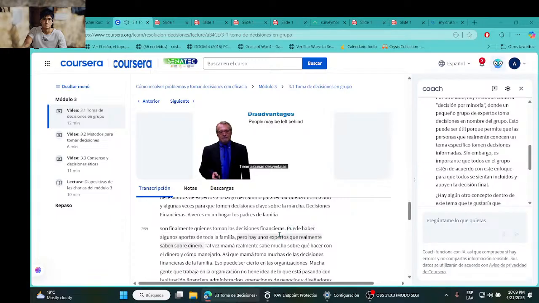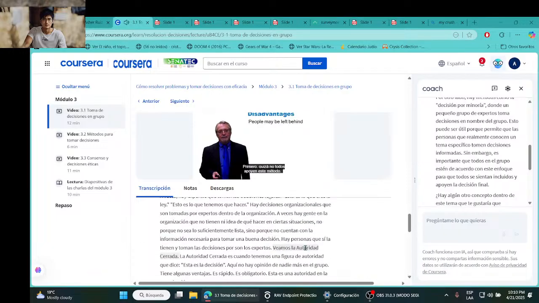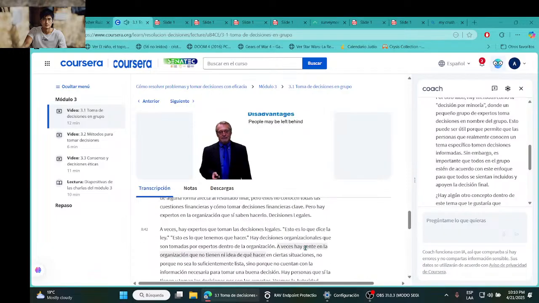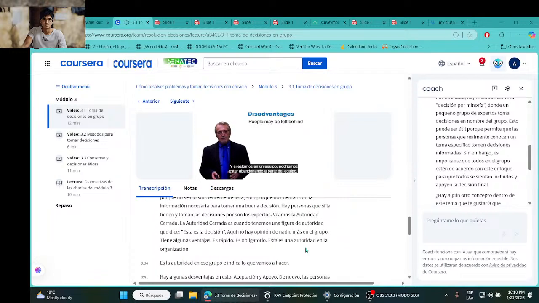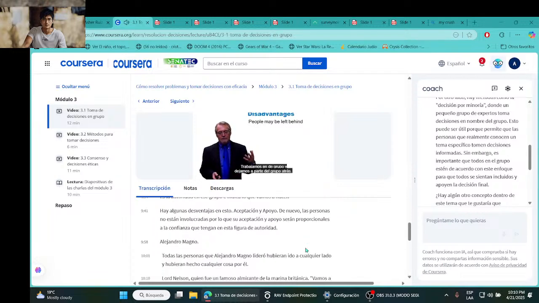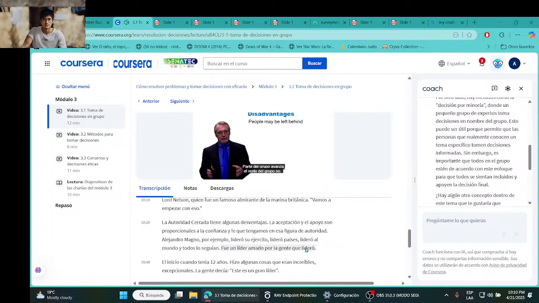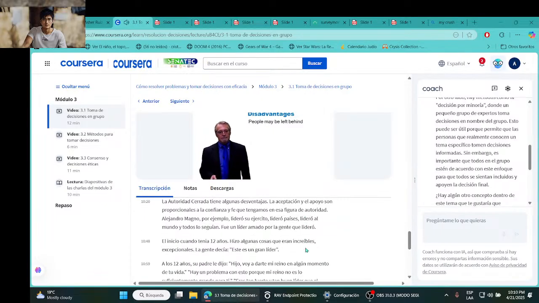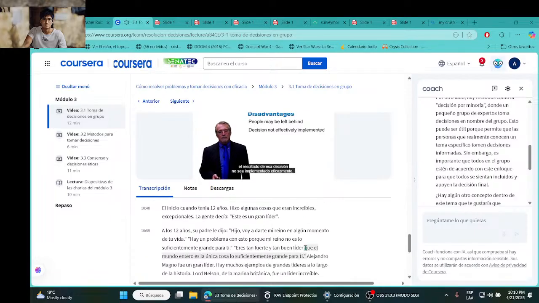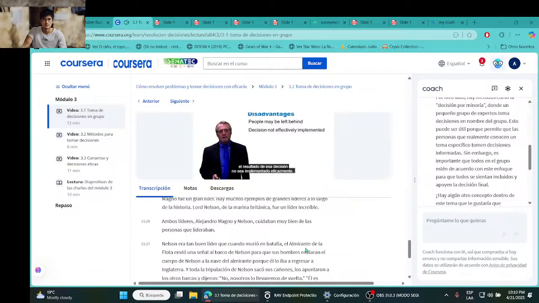There's some disadvantages. First of all, people may not all buy into this thing. And if we're in a team, we could leave some of our team behind. If we're working in some kind of a group, we leave some of the group behind because the group has done a majority vote that wasn't what these people agreed to. Part of the group moves forward, the rest of the group does not. We may end up, because of that, with the results of this decision not being effectively implemented.